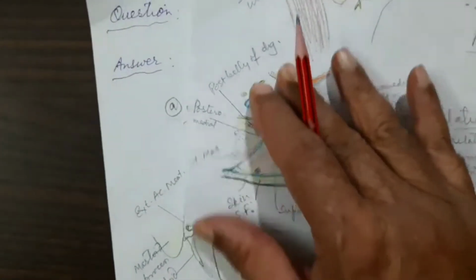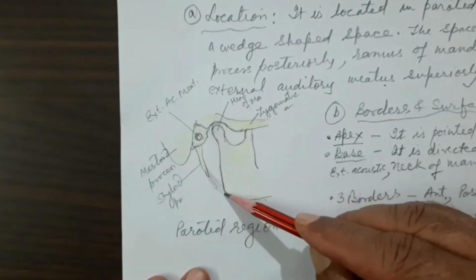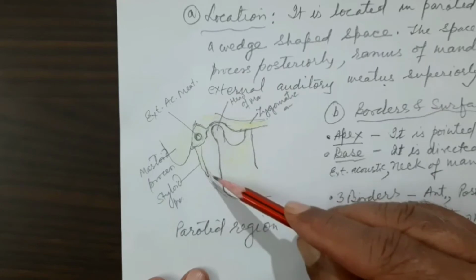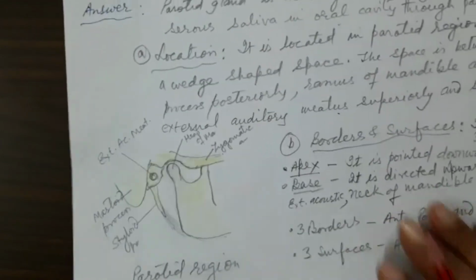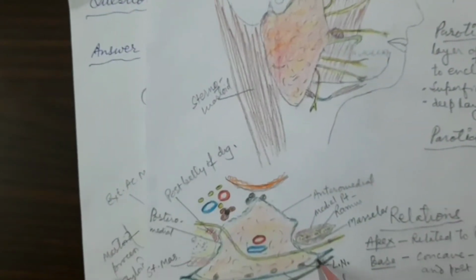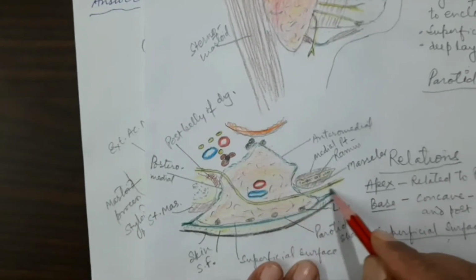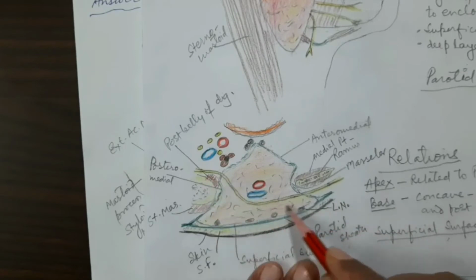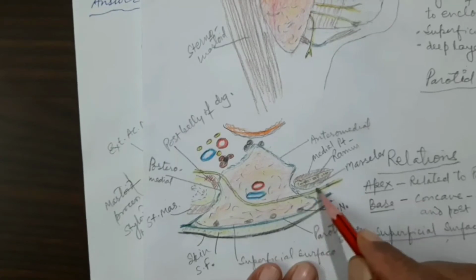I have told you here. See this diagram. This is the styloid process and this is the mandible. So this ligament, the stylomandibular ligament, will also form a relation. And then the branches of the facial nerve which are emerging close to the anterior border. See, this is the anterior border of the gland, and these are the branches. This is just showing the course of the facial nerve, coming out from the anteromedial